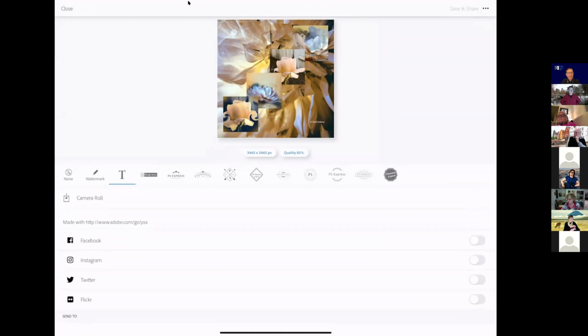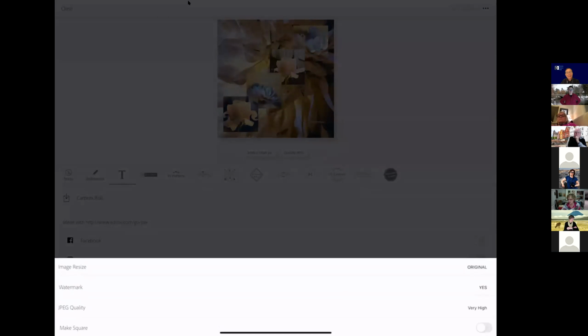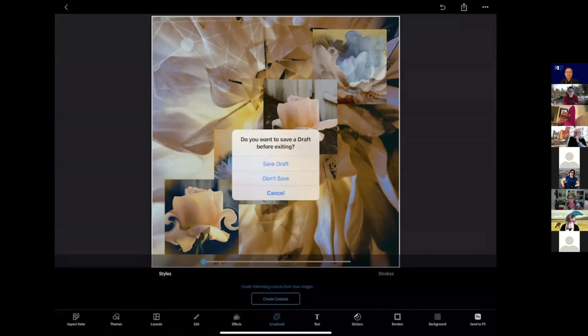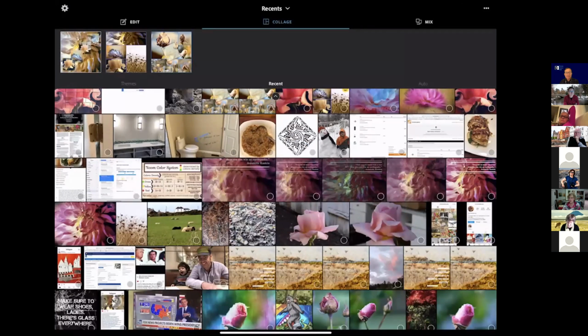So up at the top, you can save it and share it as a JPEG, all sorts of stuff. Then if I close that and I want to keep this within the app, I'm going to hit the back arrow here and I'm going to say save draft. And you'll see it up in that top row again with other ones I've made. This one I made as a practice